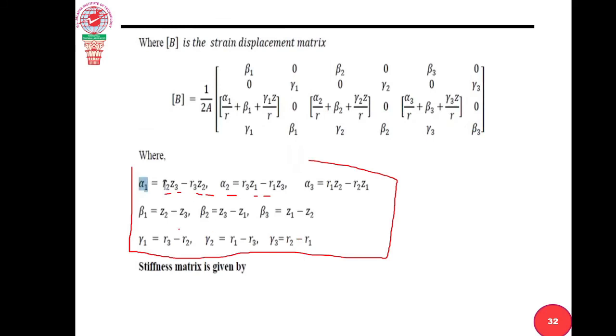Now we got the B matrix. We know the B matrix, so the B transpose matrix also we got. Finally, what can we derive? The stiffness matrix. So what is the stiffness matrix? See, we know K is equal to 2 pi B transpose D B into R into dA. Where, what is R here? See, R is nothing but, here very important. Observe here.